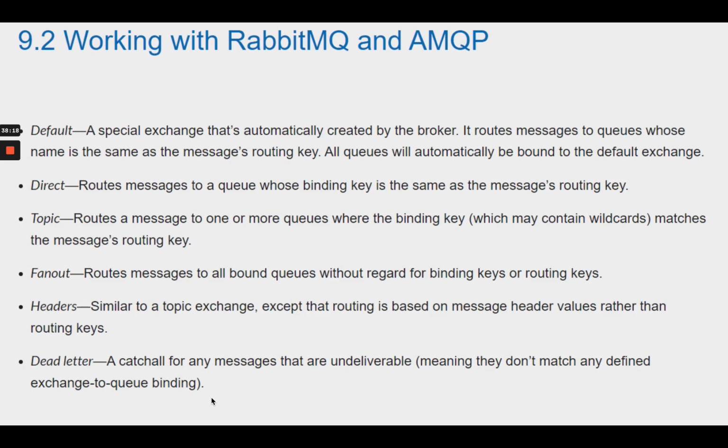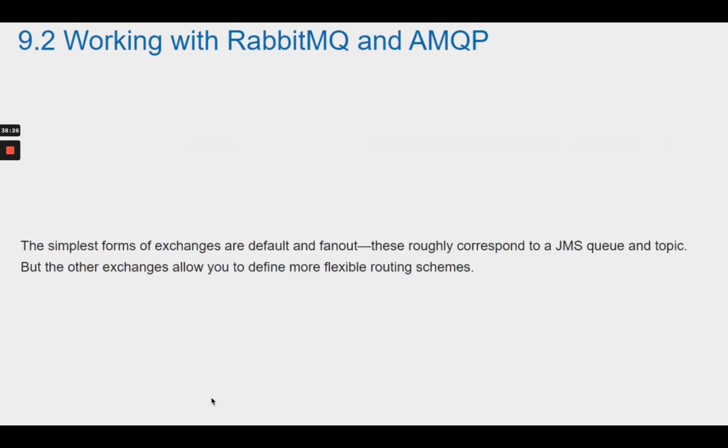Dead letter, a catch-all for any messages that are undeliverable, meaning they don't match any defined exchange to queue binding. The simplest forms of exchanges are default and fanout. These roughly correspond to a JMS queue and topic, but the other exchanges allow you to define more flexible routing